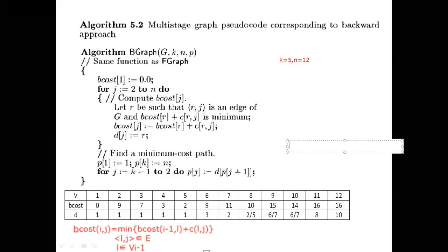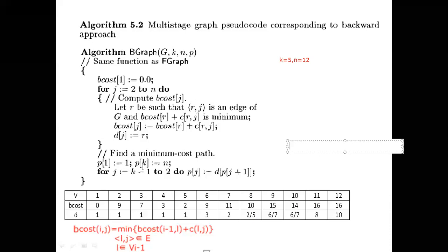I will write it, this one, P of 1 is equal to 1, because in the forward approach, we solve from the last n and finding the shortest path from first. But here, we started finding the shortest path from first, end at 12, and while finding the values for shortest path with the help of D, we calculated from 12. That is why first what we can do is P of 1 is equal to 1. What is the meaning? First vertex for finding is 1 will come. I hope it's clear. Shortest path of 1, it is 1. That is the meaning of P of 1 is equal to 1.